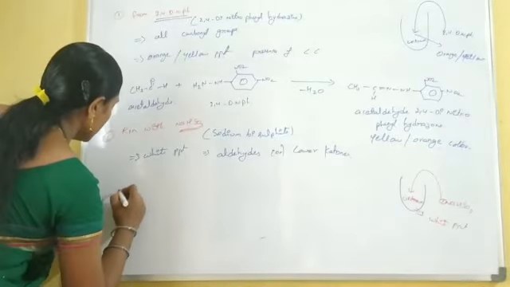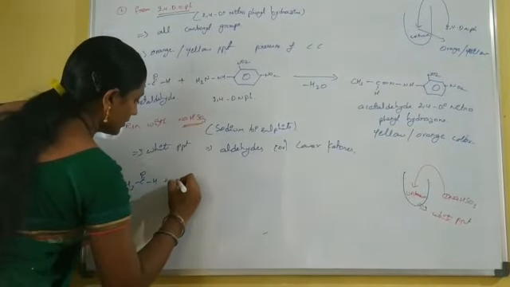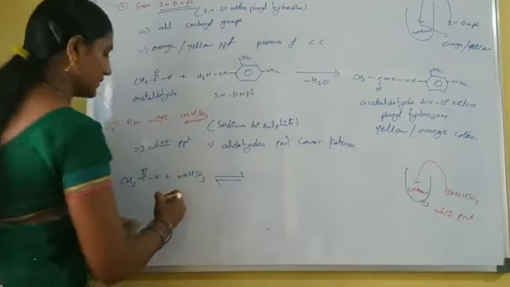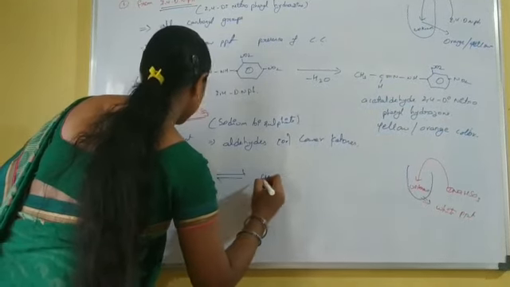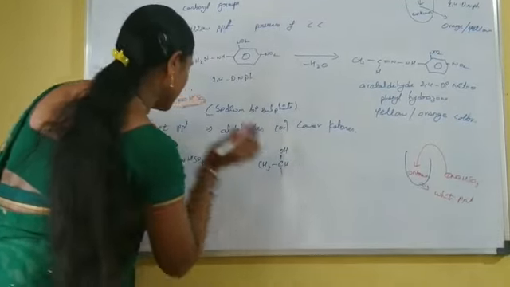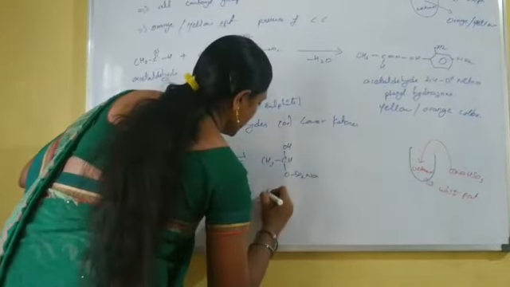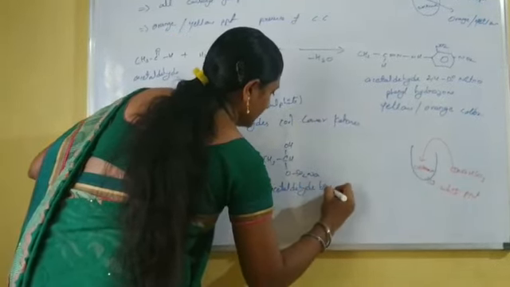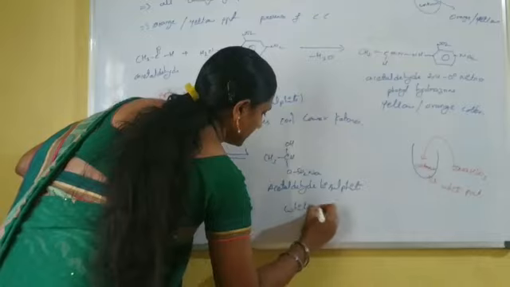In reaction form, you take again acetaldehyde. Now acetaldehyde is treated with sodium bisulfite. This reaction is reversible. The product name is acetaldehyde bisulfite, and its color is a white precipitate.